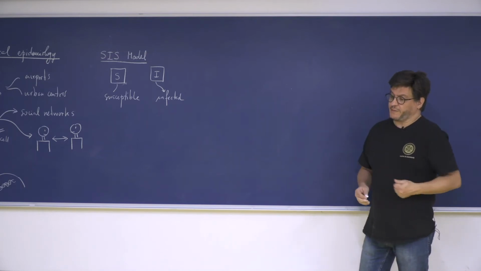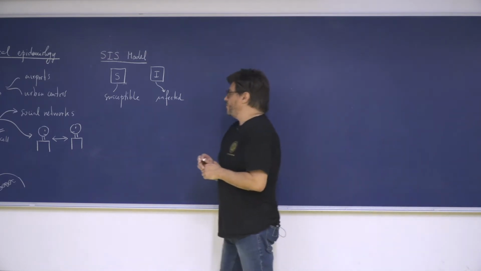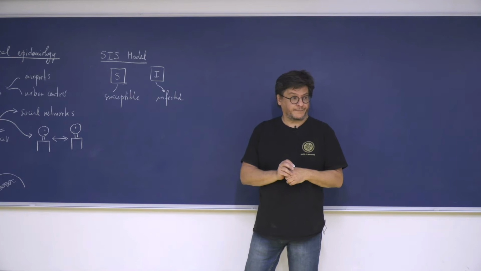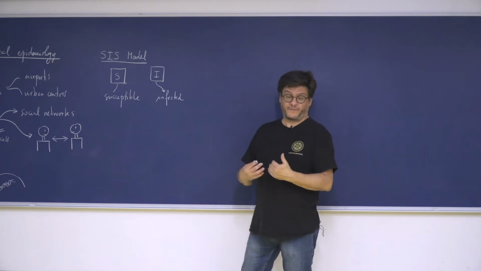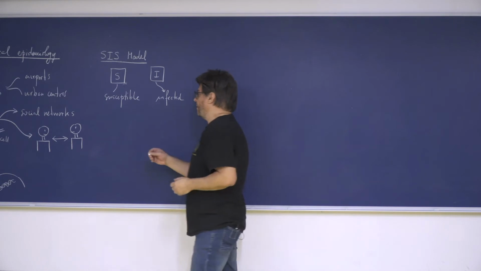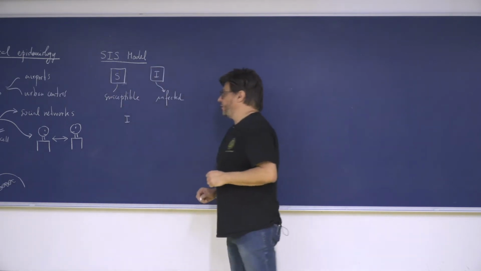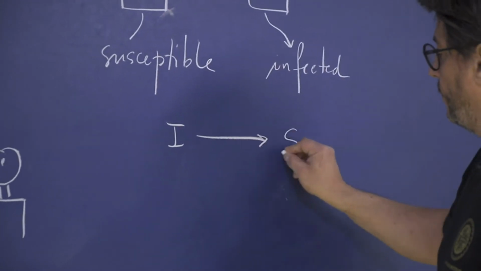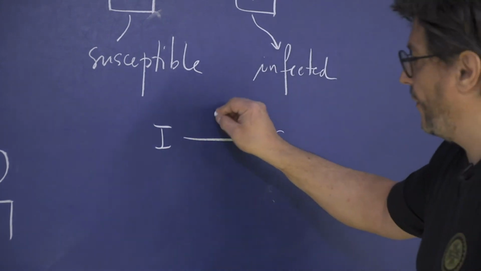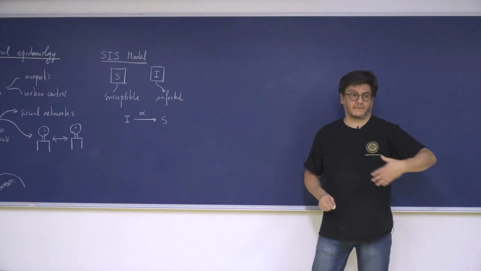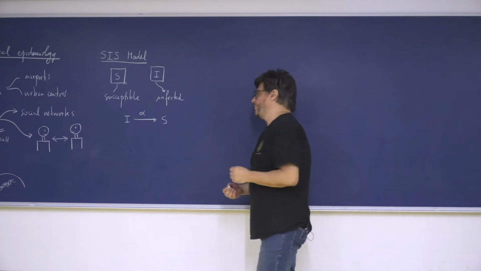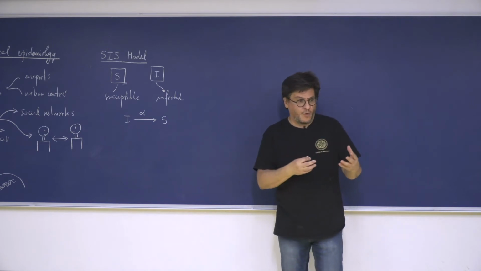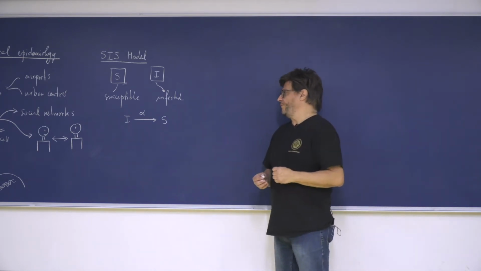Well, the following assumptions define the SIS model. The first is, if I'm infected, at some point I can recover from infection. I can get healthy again. In other words, an infected individual in a spontaneous way can go back to the healthy state. Let me call alpha how fast this process happens, how easy it is to recover. It doesn't depend on anything. You're sick, you go home, you rest there, and you recover.